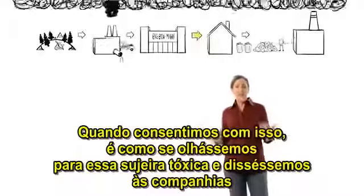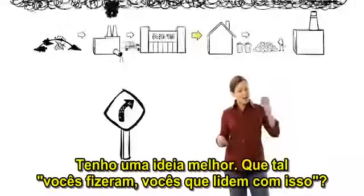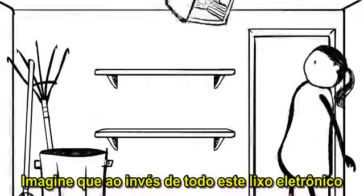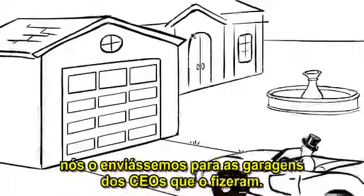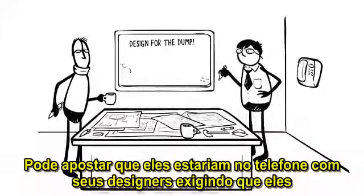When we go along with it, it's like we're looking at this toxic mess and saying to companies, you made it, but we'll deal with it. I've got a better idea. How about you made it, you deal with it? Doesn't that make more sense? Imagine that instead of all this toxic e-waste piling up in our garages or in the streets of Guiyu, we sent it to the garages of the CEOs who made it. You can bet that they'd be on the phone to their designers pretty fast demanding they stop designing for the